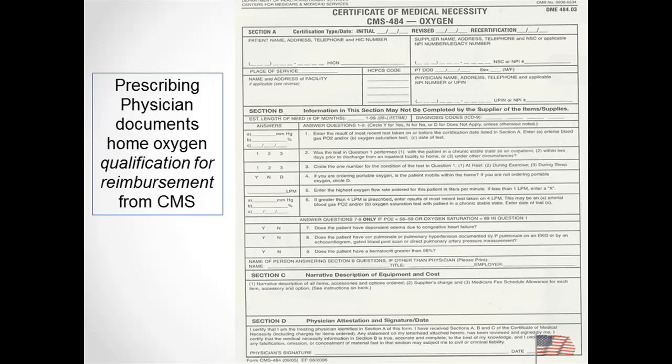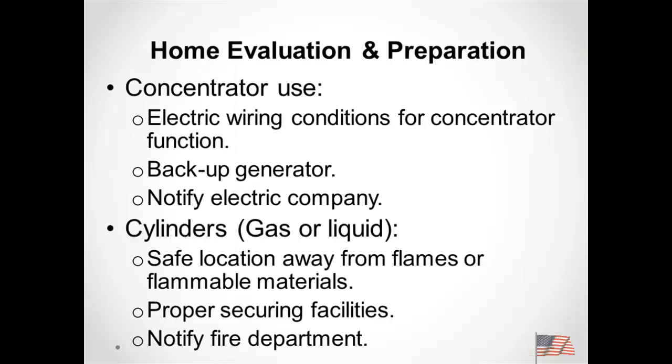This is the form from the Centers for Medicaid and Medicare Services, the CMS, and this is called the Certificate of Medical Necessity. This is basically the form the physician has to fill out to justify that that patient needs home oxygen. So, and like I said, because Medicare and Medicaid do it, pretty much they all do. So we want to also take a look at, as far as the home, do they have enough